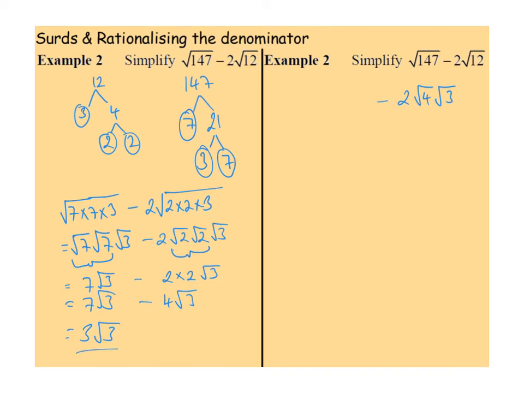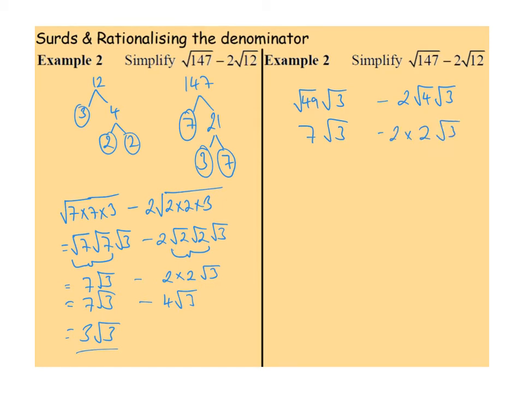Another way you might notice that is to say this is quite close to 150, and 50 times 3 is 150, 49 times 3 is 147, so you might notice the 49 in a few different ways. So 49 is the biggest square factor of 147, so the first part is root 49 root 3, and root 49 is 7, root 4 is 2,